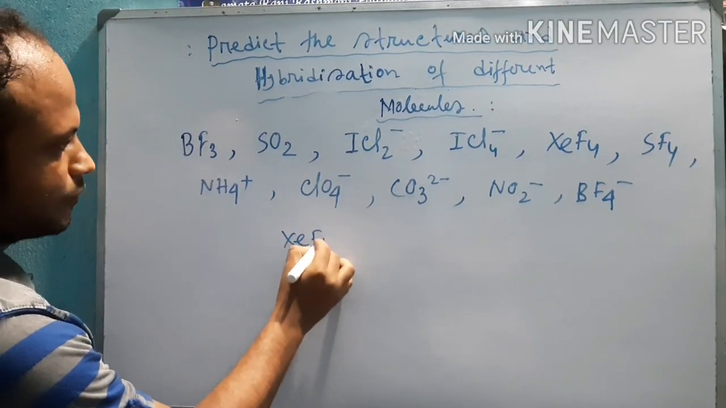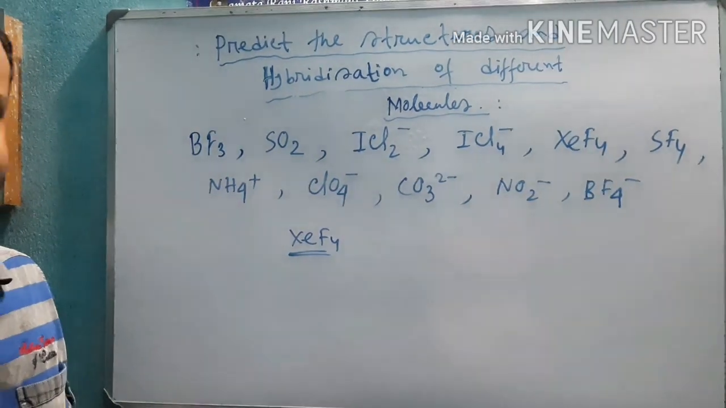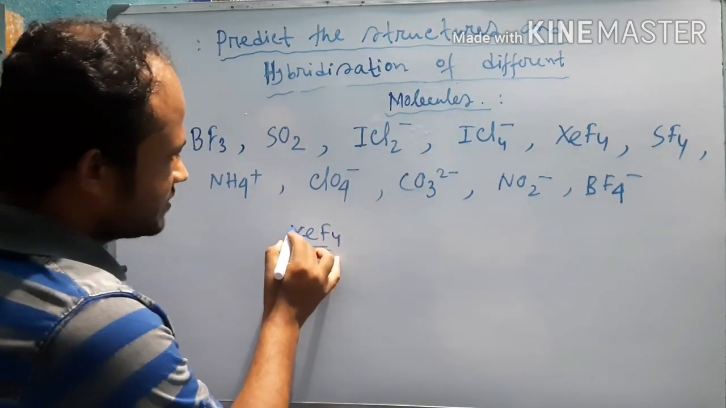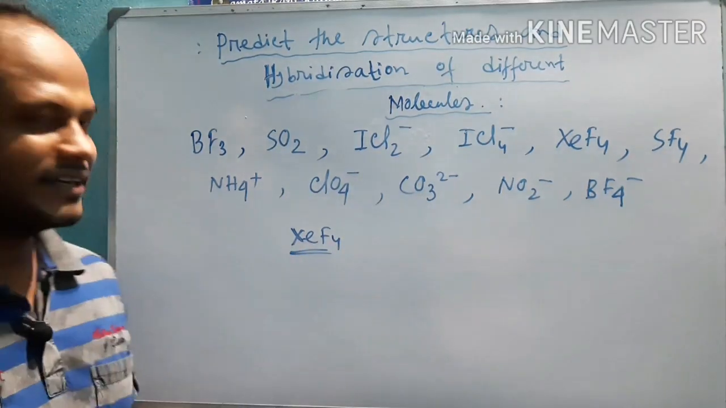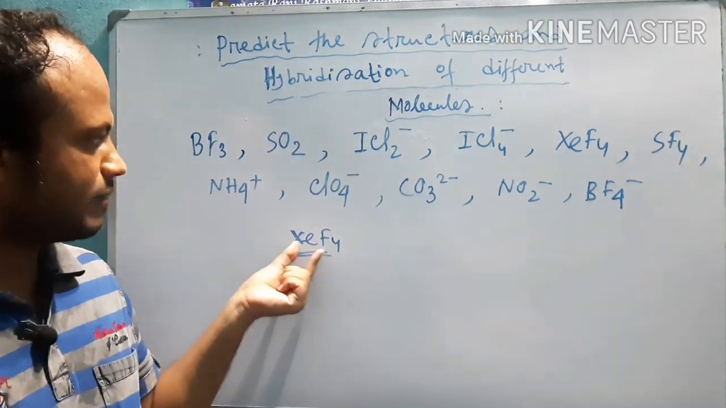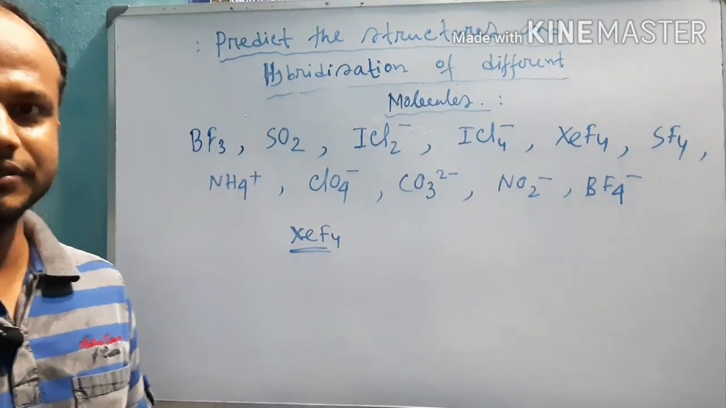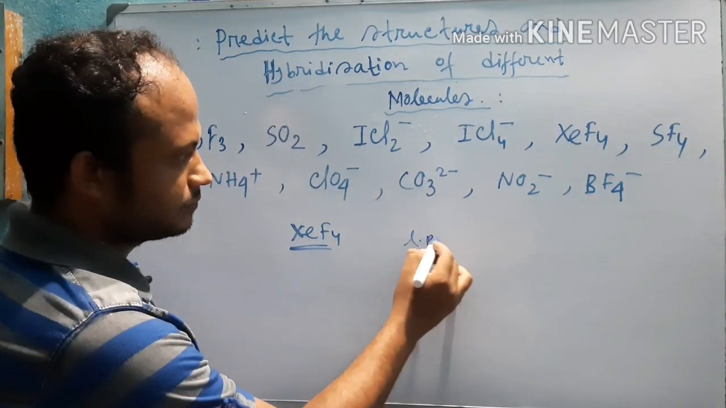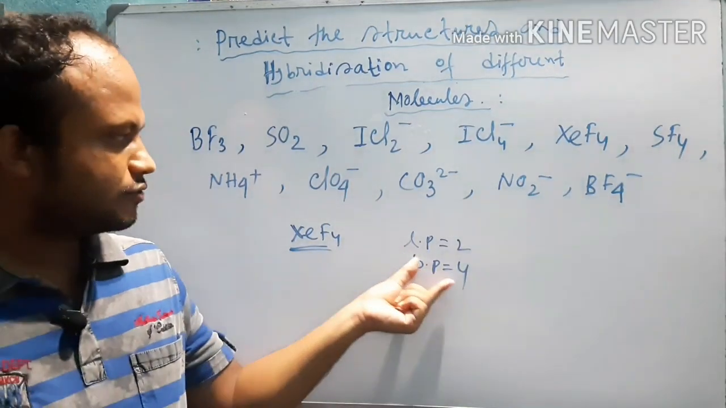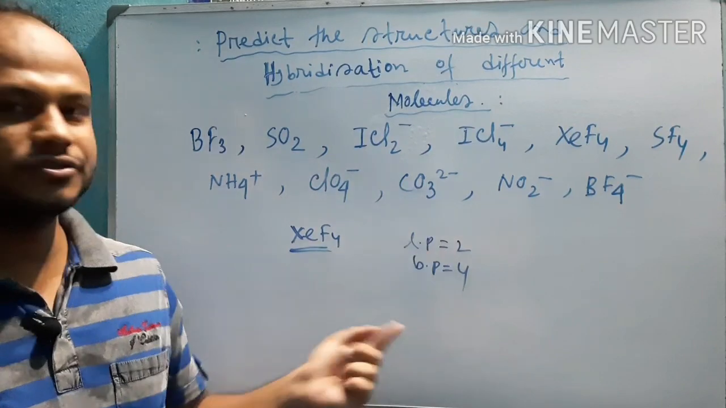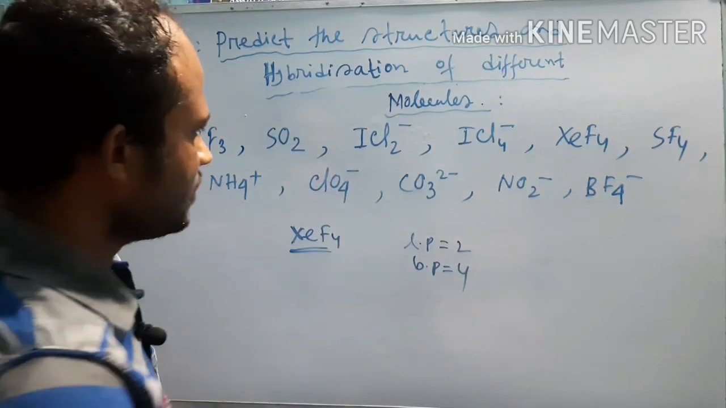Next, XeF4, xenon tetrafluoride. Here the last shell electron number of xenon is 8, and between these 8 electrons, xenon combines with 4 fluorine atoms by sigma bonds, and the left electrons are 4, that is the number of lone pairs equals 2 and bond pairs equals 4. Bond pairs equal to 4 means 4 electrons and lone pairs equal to 2 means 2 times 2, 4 electrons, that is 8 electrons. So the structure will be